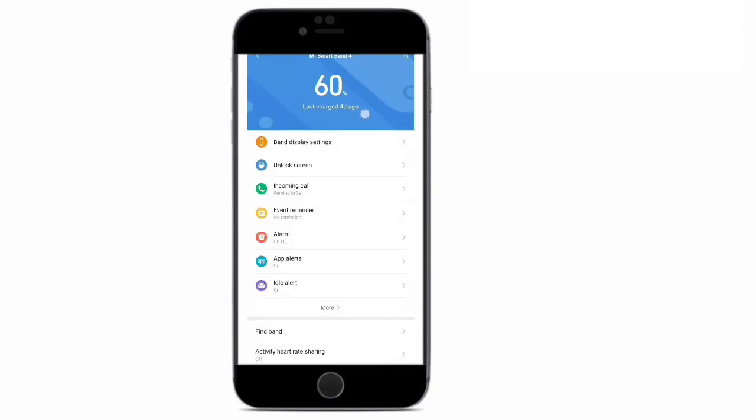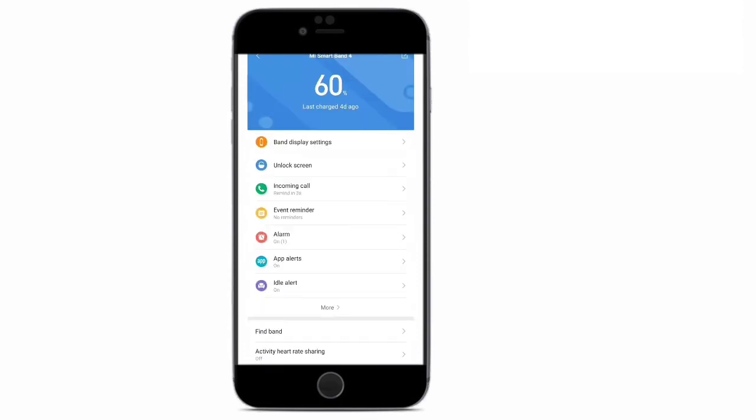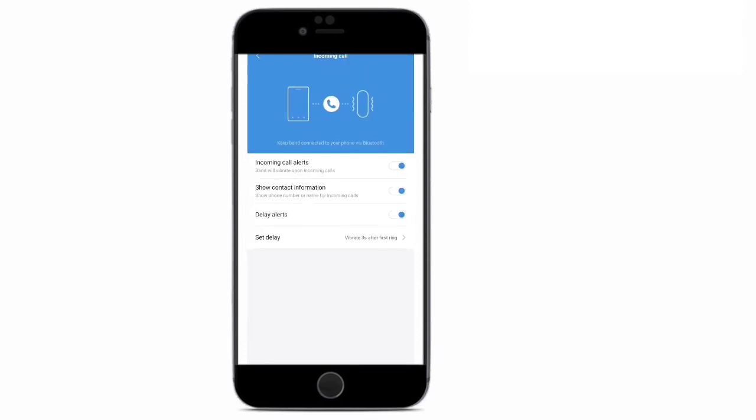So guys, the next feature is about the incoming call. Most of you, when you are driving and somebody calls your phone, it's really difficult to take out the phone and decline the call while you are driving. Through this watch, that work becomes really easy. Whenever somebody calls you, you can just directly decline the call through the watch. Even this is a really helpful feature which saves your time and even saves your life while you are driving, and you need not talk while driving.